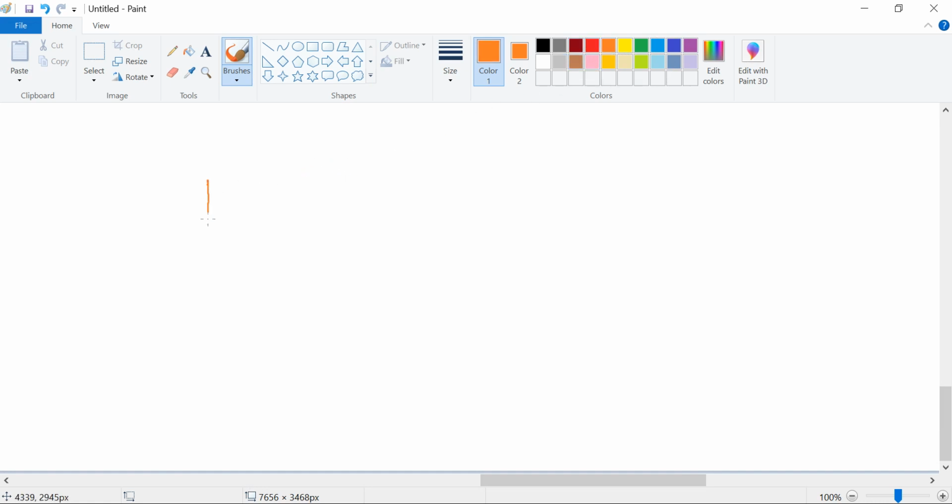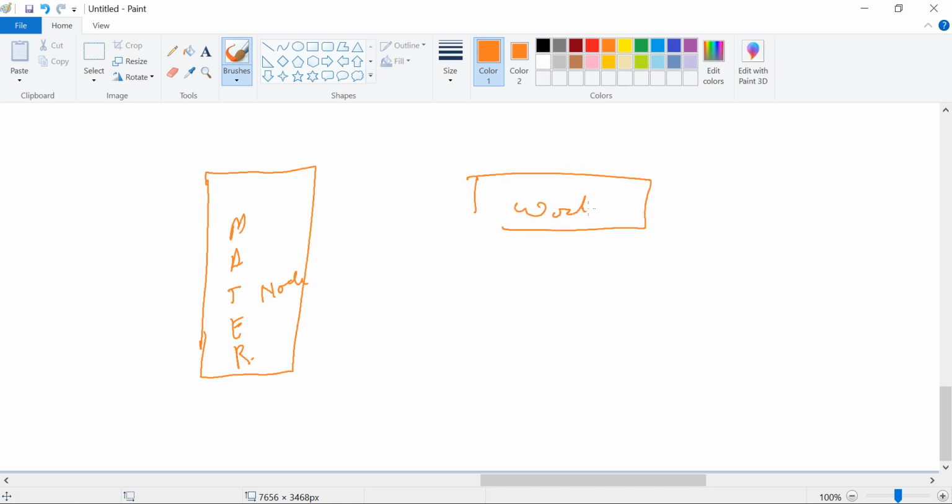So we learned about the master node and the worker node.